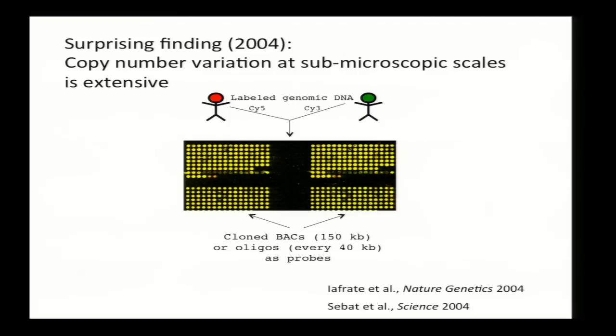And because the size of these clones was much smaller than the sizes of things you could visualize microscopically, it made it possible for the first time to detect copy number differences between genomes that were what we call submicroscopic. Their size wasn't known at the time, but presumably they were on the scale of tens to hundreds of kilobases. And the really surprising observation that John made was that this phenomenon went far beyond cancer,